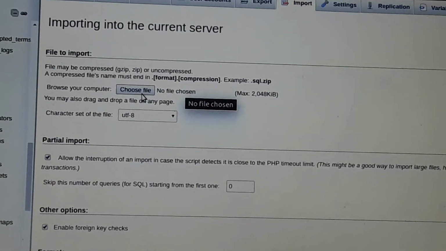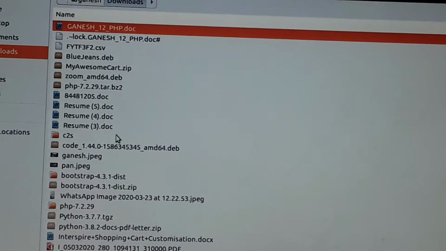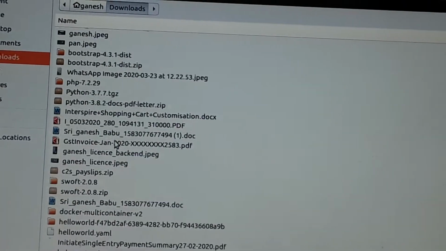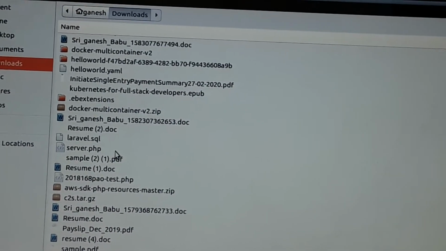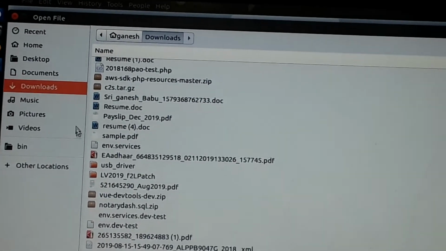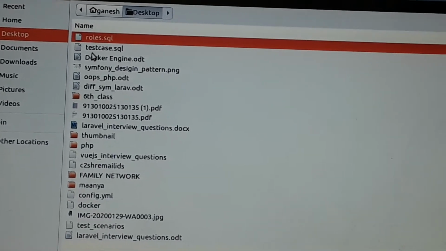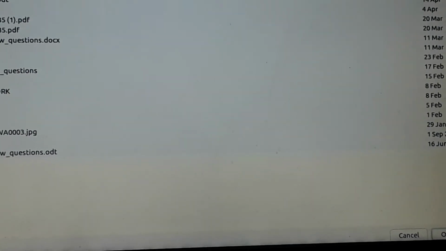Just choose that file. Previously we downloaded one file, for example on the desktop, roles.sql. Then click the open button.